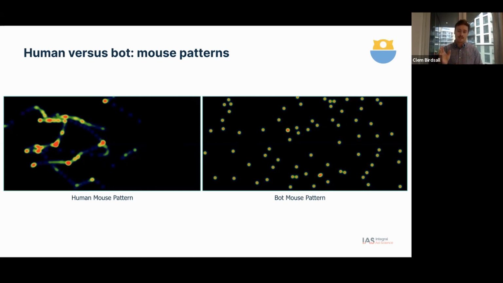Whereas when you look on the right-hand side, you see a bot mouse pattern. And that is, instantly the cursor has gone from one spot to the next with no drag time in between. It's moved faster than a human can move. It's moved in such a way that it's not possible for you or I or anybody else to move their mouse in that pattern that the bot has identified there. So these are just some of the things that we'll use to help understand if, when we're delivering an ad, is it to a fraudulent user or a human? And this is just some of the examples that we'll use.